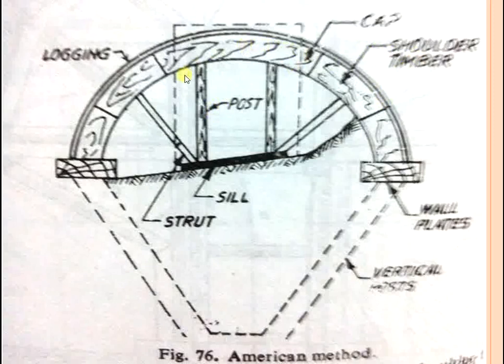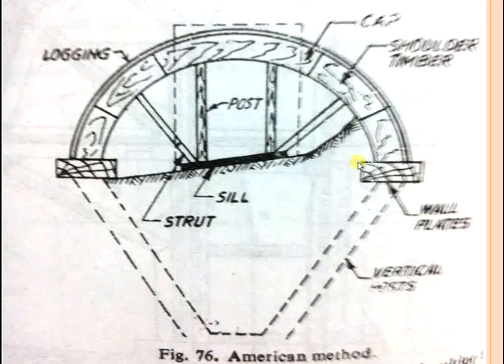After the top section, we excavated the side parts of this section, and these side parts we have to support with the help of an arch, and this arch is supported with the help of wall plates. This is the wall plates and this is the wall plates. Next, we have to clear all the inside surface and do the tunnel lining. This is important for road transportation and railway transportation.